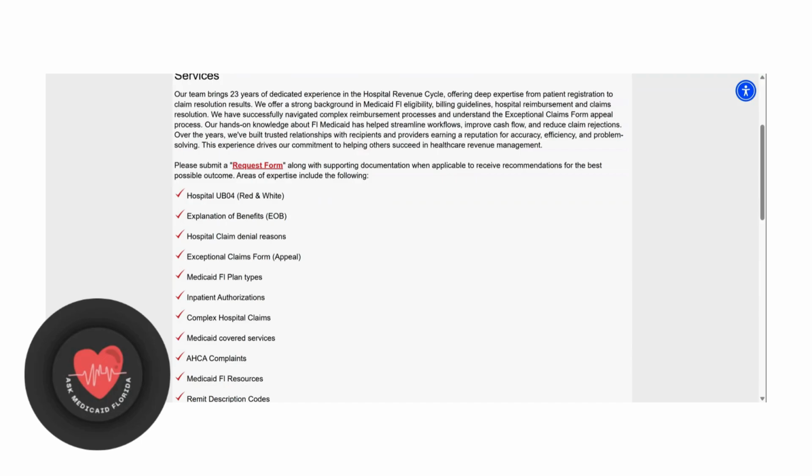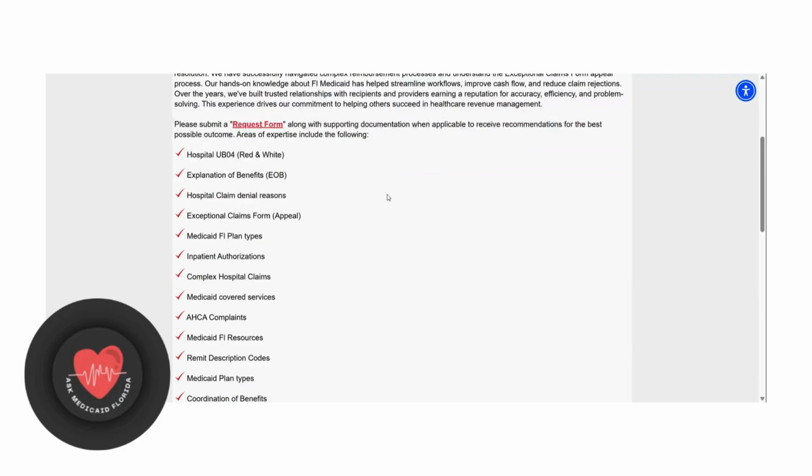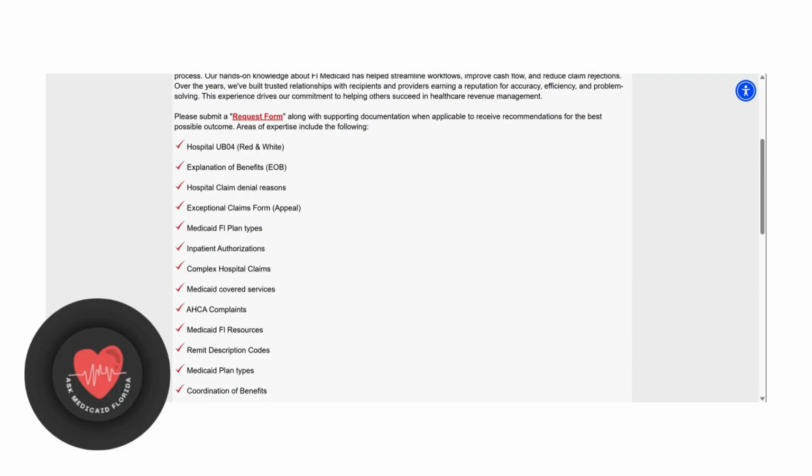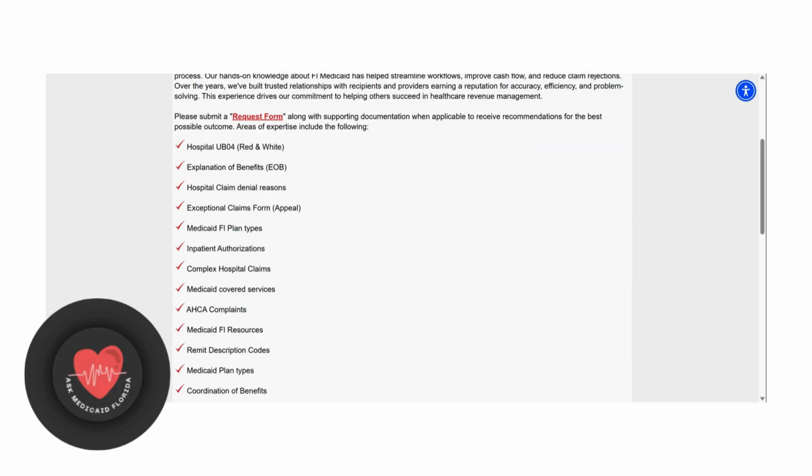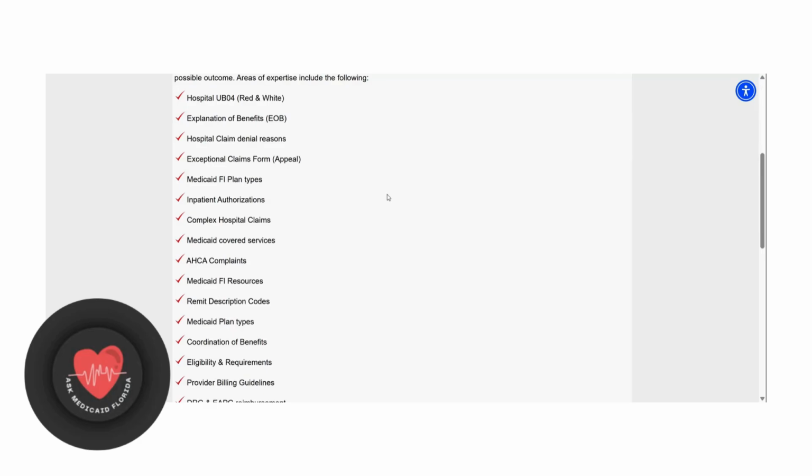Some of those services include hospital UB04, EOB explanation of benefits, hospital claim denial reasons, exceptional claim form, that's specific to a healthcare professional, Medicaid of Florida plan types, if you have a question about what your particular plan covers, inpatient authorizations, that's for providers, complex hospital claims,